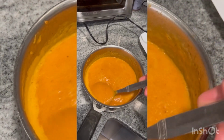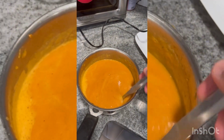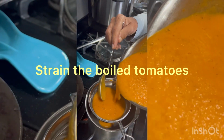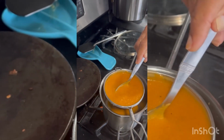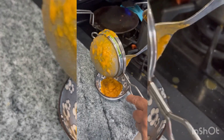And then occasionally we'll check the consistency of the soup. The consistency of the soup is very important. There are different types of soups just based on the consistency. So now what I'm going to do is use a strainer, and then I'm going to keep